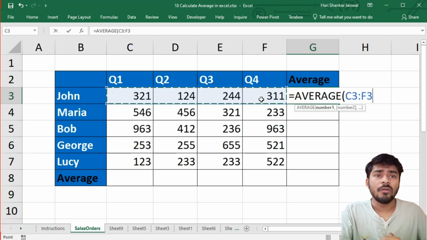the average. Of course, instead of clicking and dragging, you can simply type the range of selected cells into the bracket within the average function directly. Include the reference to the starting point of the range at cell location, then insert a colon, and right after that type the reference to the last cell we need to include in the calculation. Once done, press enter